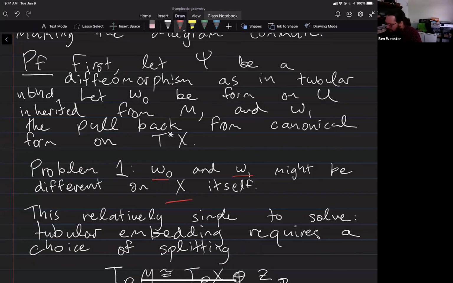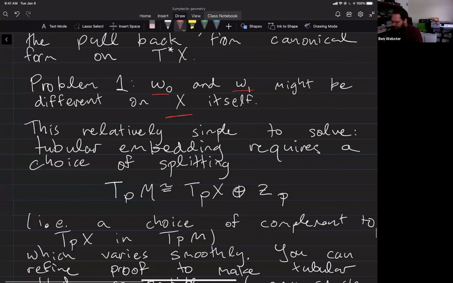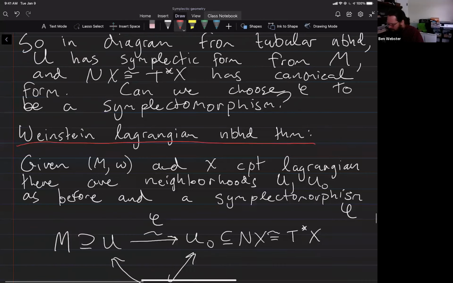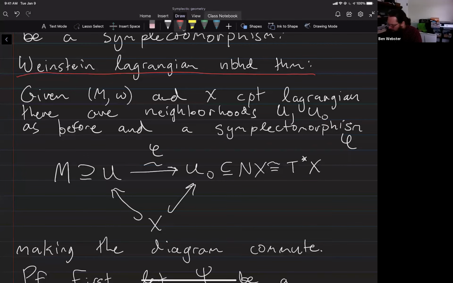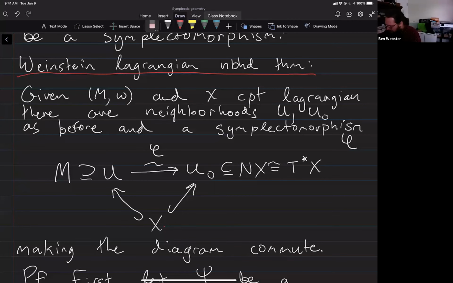The reason is that when I do this tubular embedding, if I look at X inside N of X, and I take the tangent space at that point, the tangent space to N of X at X is isomorphic to the tangent space of X plus the normal space at X,